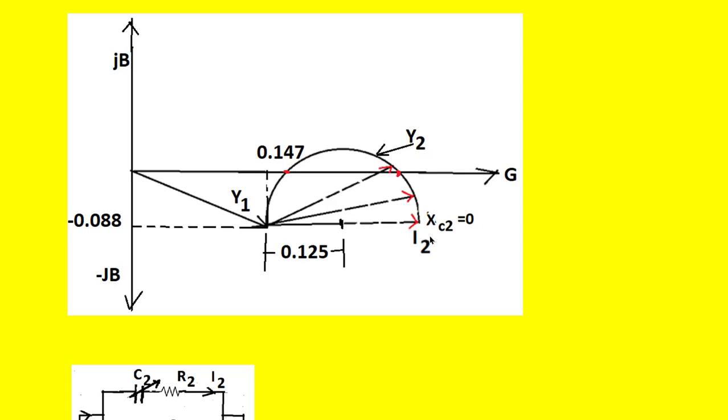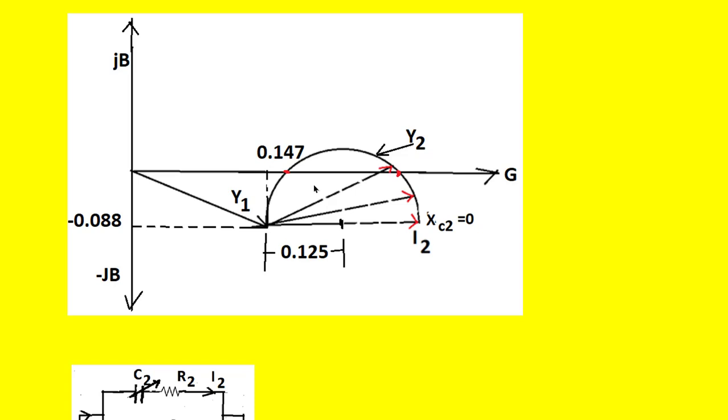Because the capacitor is varying, automatically the current that flows in that RC branch will always lead the voltage vector like this. This is the in-phase vector, that is when XC2 is equal to 0. When XC2 is present, we get the current above this, meaning leading the voltage vector by some angle. If XC2 is equal to infinity, the current becomes 0, that is this point. In between we get several XC2s.